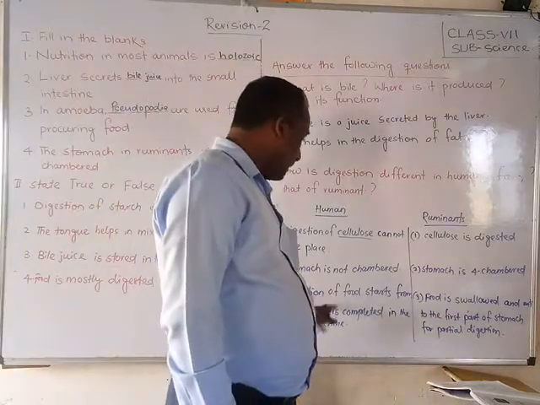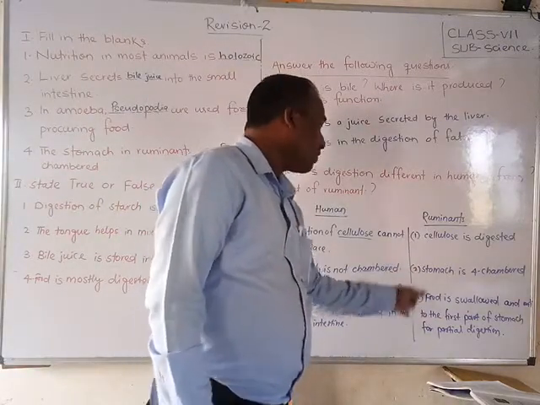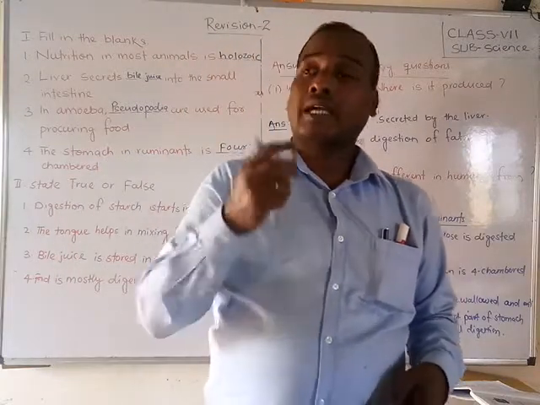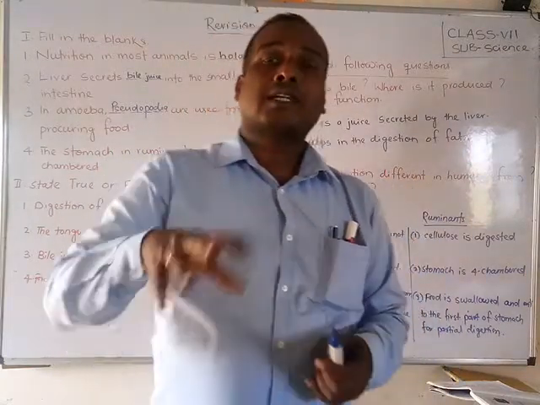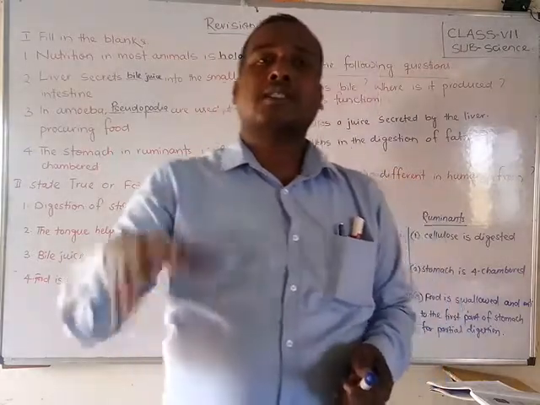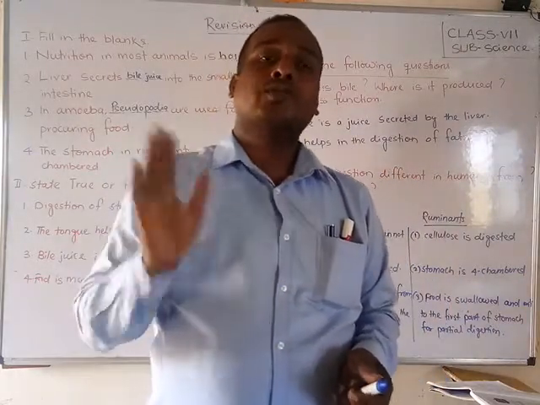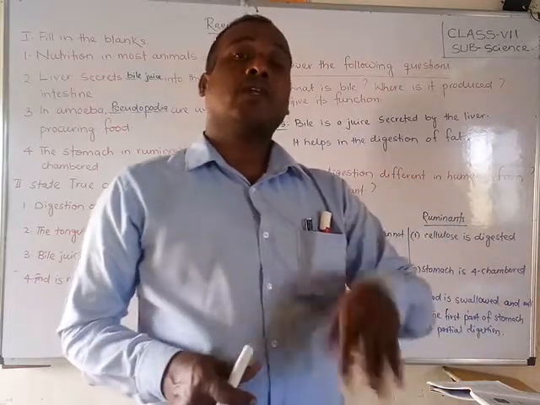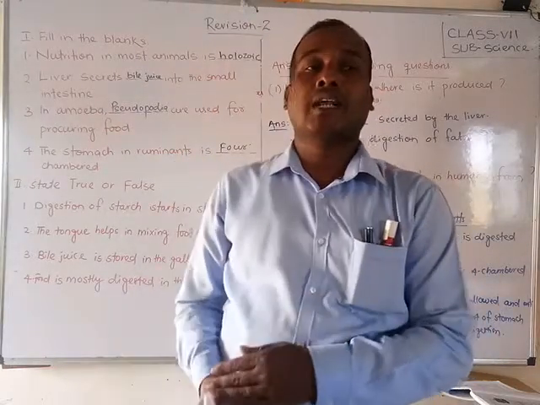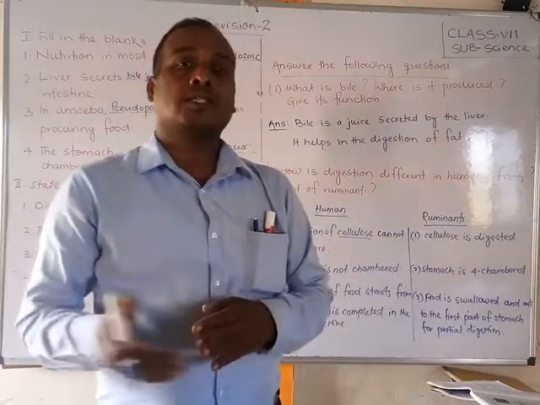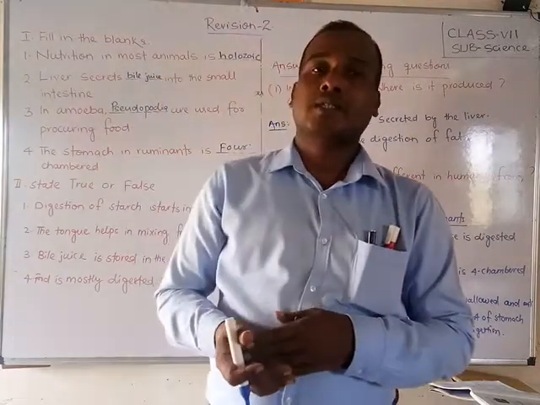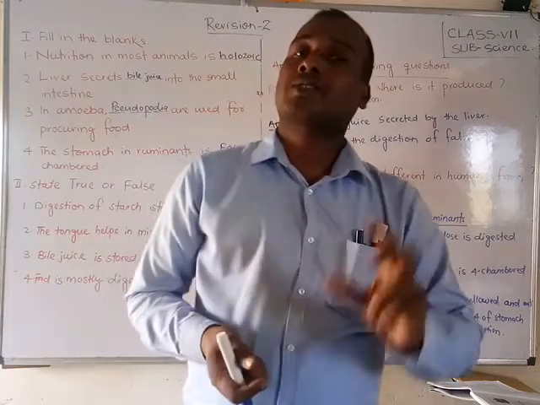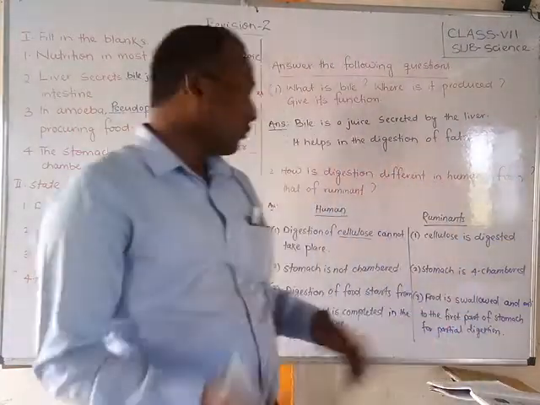So these are the things about the digestion of human beings. But in ruminants, digestion does not start in the mouth, because ruminants directly swallow all the food, grasses, whatever the food, very quickly, and store it in the first chamber of the stomach. Then whenever they get free and relaxed, when there is no danger from predators or other animals, at that time they bring it back to the mouth and start chewing.